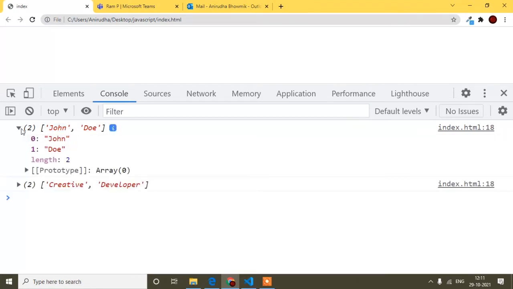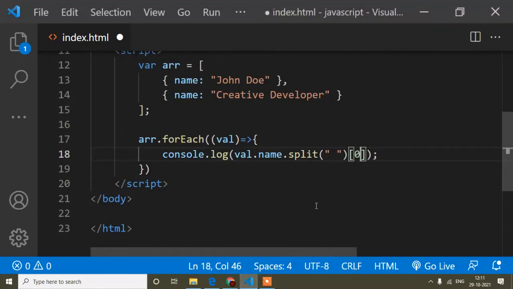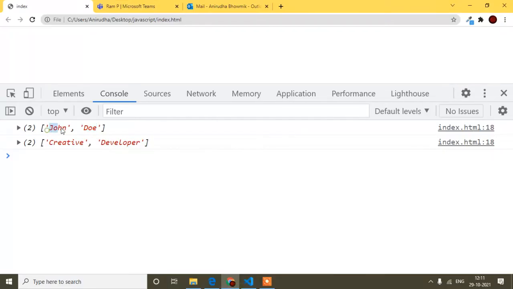We know an array counts as an index: John is index 0 and Doe is index 1. If I want to take only John, because the first priority is to take the first letter from the first name, I will forget Doe right now.